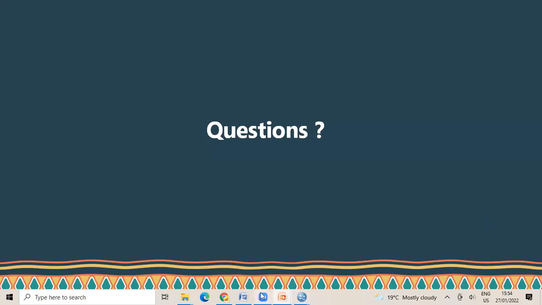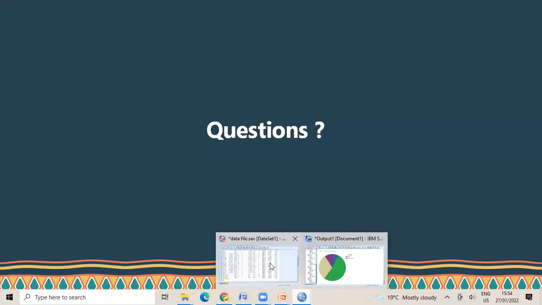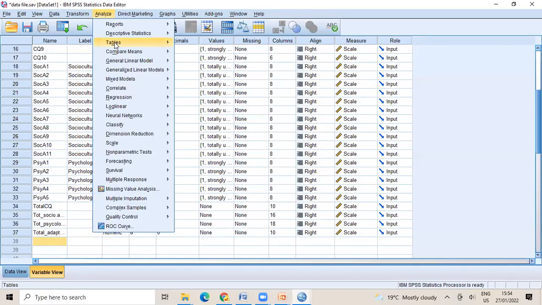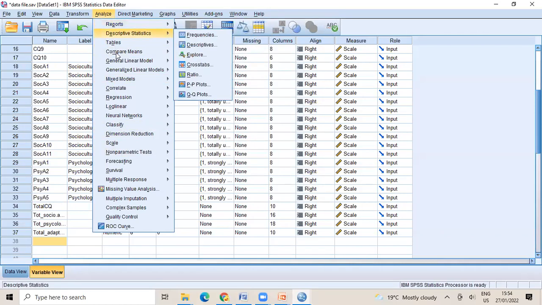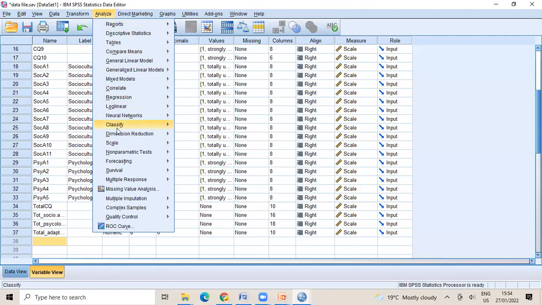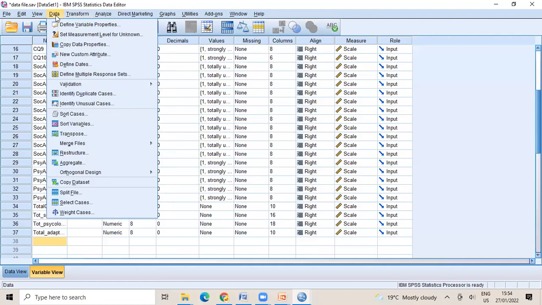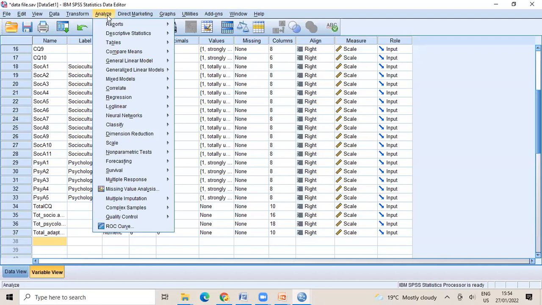So, ma'am, how do we check? Is it possible in SPSS? Yeah, it is absolutely possible. You go to analyze, and then there is, say, where is the reliability? See, that is why I had asked you all to let me know if there is any specific kind of issue that you want me to take on. I do not remember exactly, but reliability testing is here. It is somewhere here.